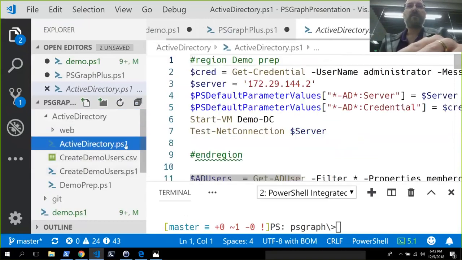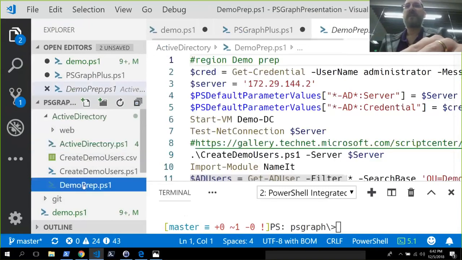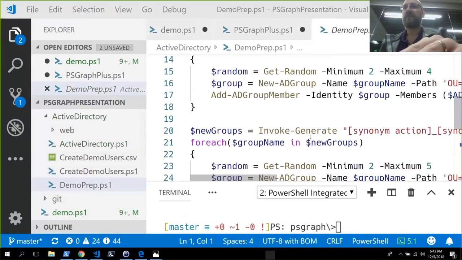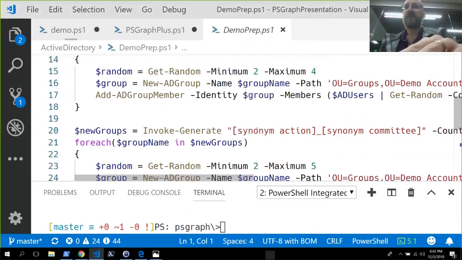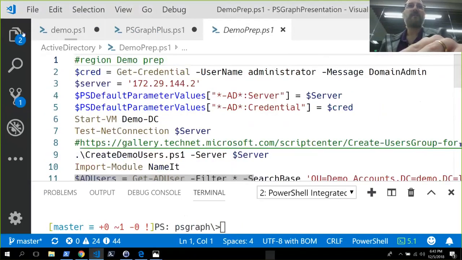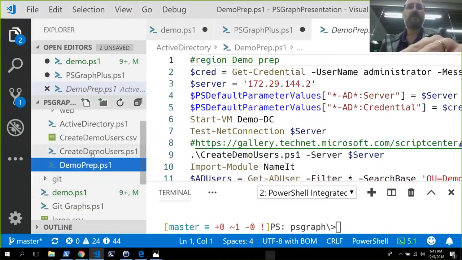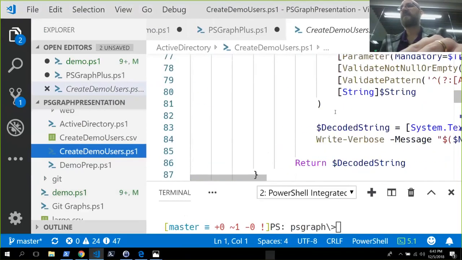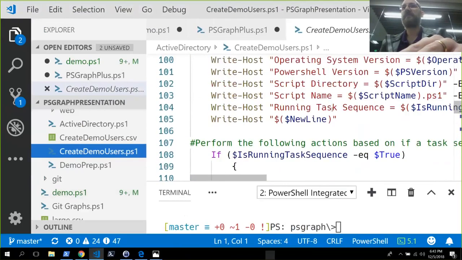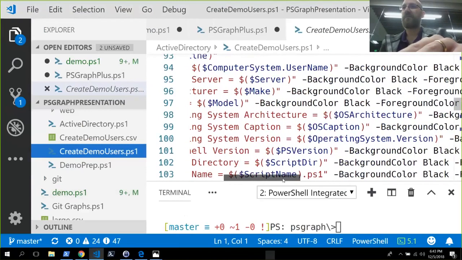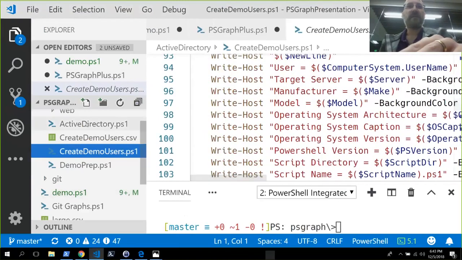Gotcha. So if you want to run these, I have a demo prep that is, forewarned, destructive, right? It's creating groups, creating users, creating demo users. I'm putting a lot of garbage in there in order to query stuff, like creating groups with OUs. But the demo itself,